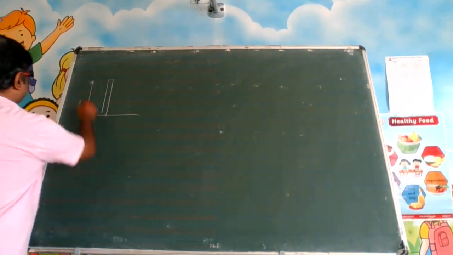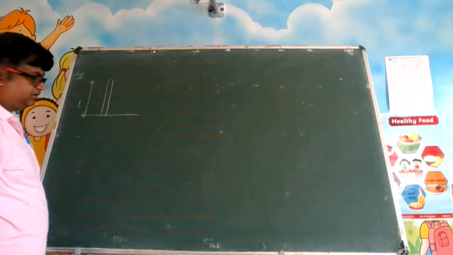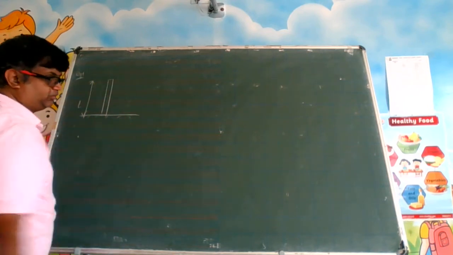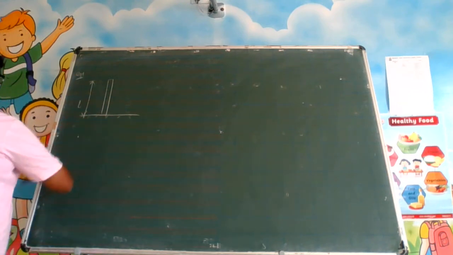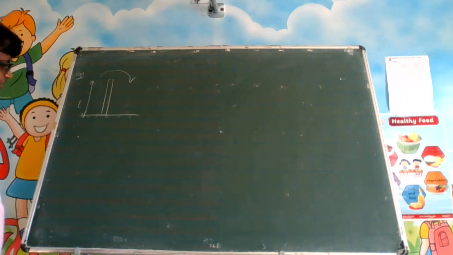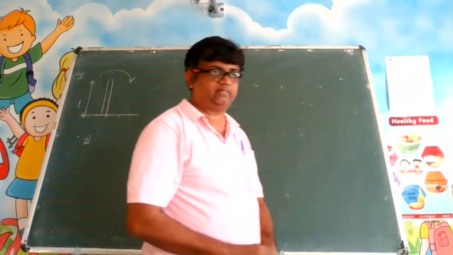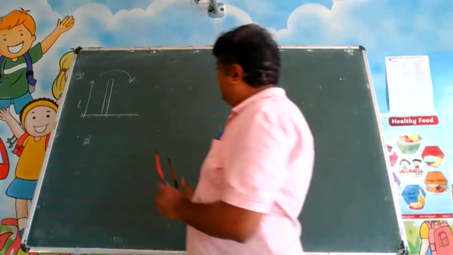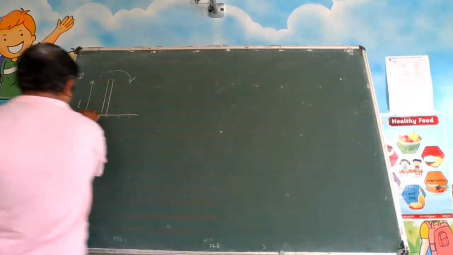Now let us see some illustrations. One question is given like this: there is a rod of length L, alright, and it is fixed about the base. Sometimes this symbol, if you see, means that it is fixed about the base. This is the base, and it rotates and falls down like this. So you have to find what is the angular speed in this question. Rod of length L is given to you. Now tell yourself about which axis it is trying to rotate. It is trying to rotate about this.